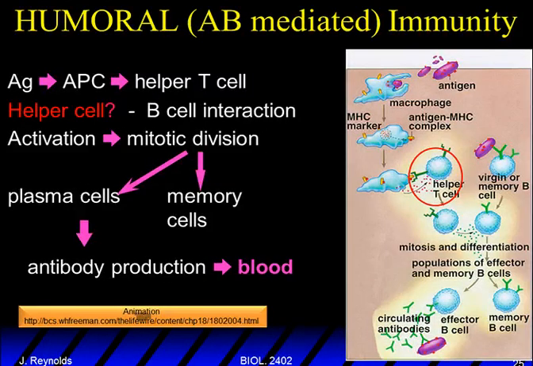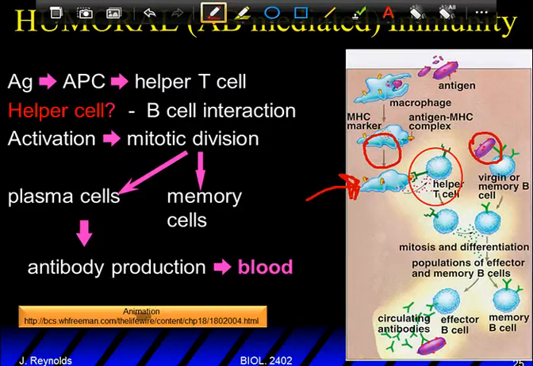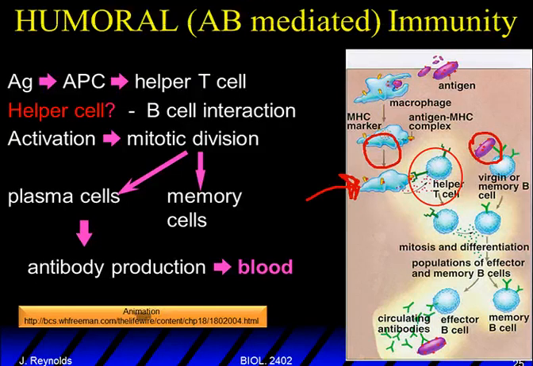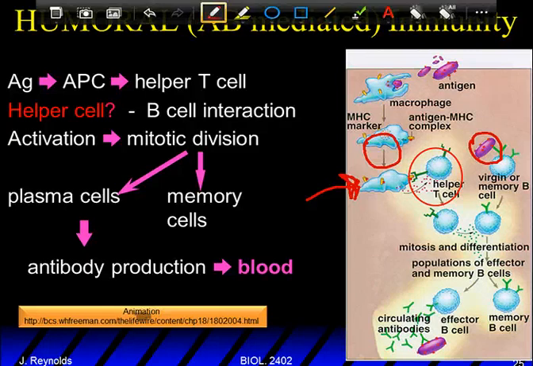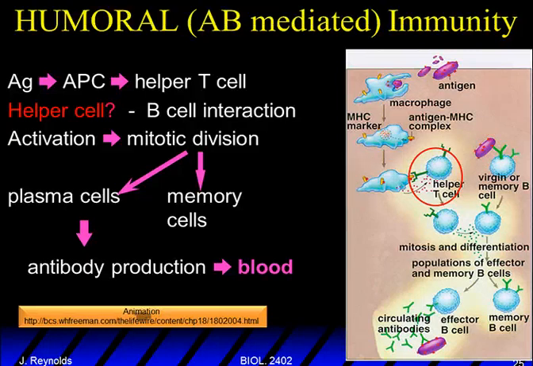Okay, humoral immunity. Look at the picture over on the right. I'll take you through it. And again, you got a step by step, and you'll see it's very similar to the cellular that I just took you through. All right, so we start over here with the antigen, and it gets picked up by an APC cell, a